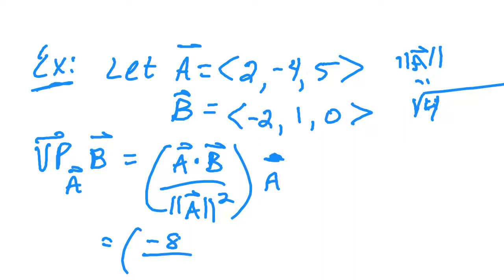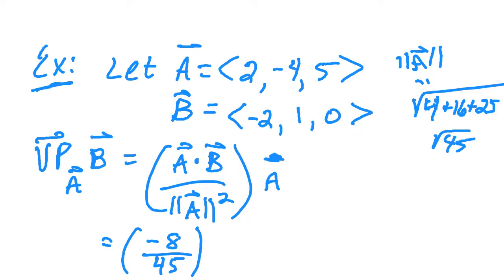So the norm of the vector is the square root of 2 squared, which is 4, plus negative 4 squared, which is 16, plus 5 squared, which is 25. And so that's going to be the square root of 45, right? And if we have the norm of the vector quantity squared, it's going to be 45, right? And then times a vector, which is